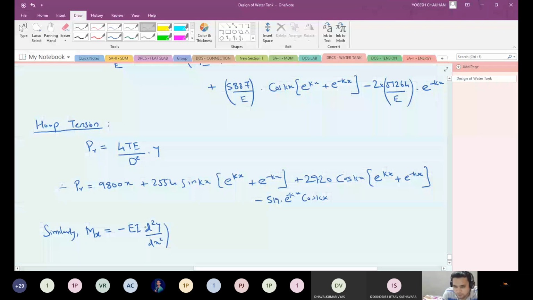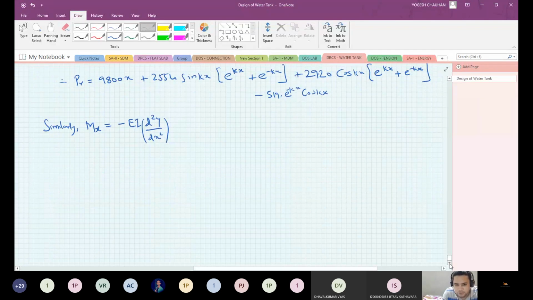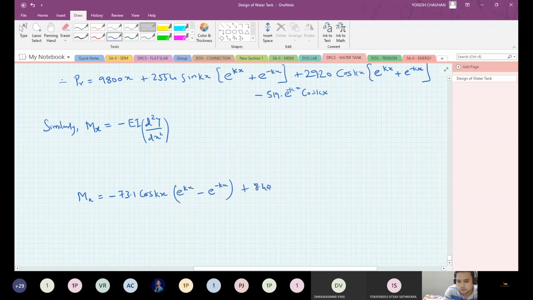So I am skipping some of the steps and directly writing the expression: Mx is equal to minus 73.1 cos kx (e raised to the power kx minus e raised to the power minus kx) plus 8.40 sin kx (e raised to the power kx minus e raised to the power minus kx) plus 146.2 e raised to the power minus kx